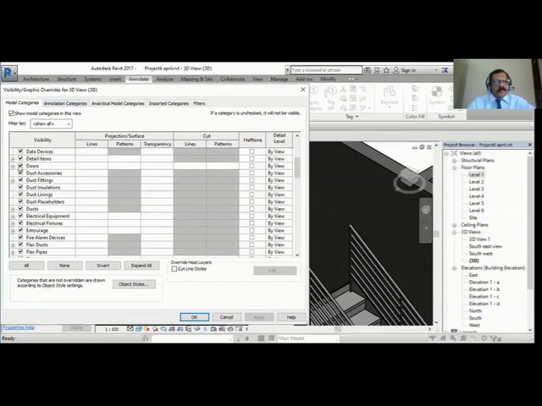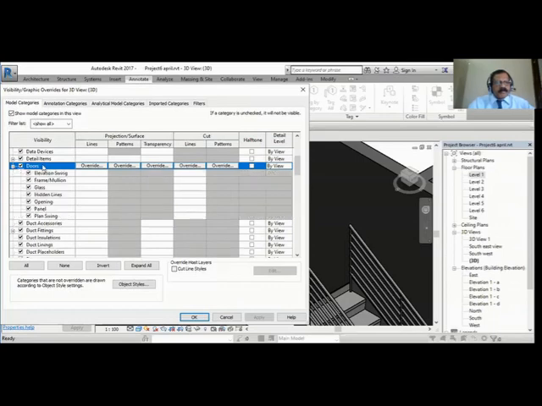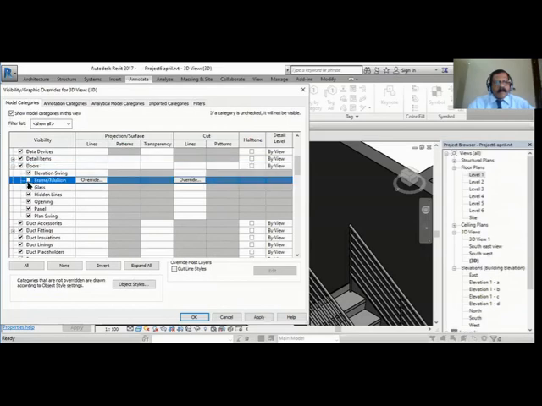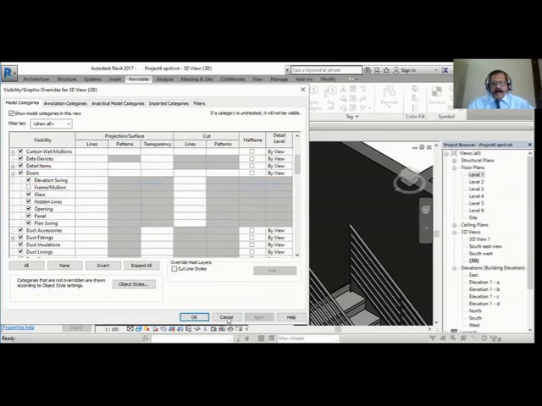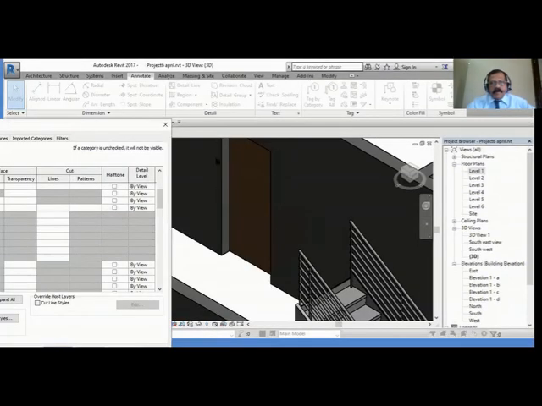So I don't want to hide all the doors, but instead I only want to conceal that frame. So go to doors, subcategory, frame and mullion, apply. You can see that the frame has gone. This frame has been hidden.